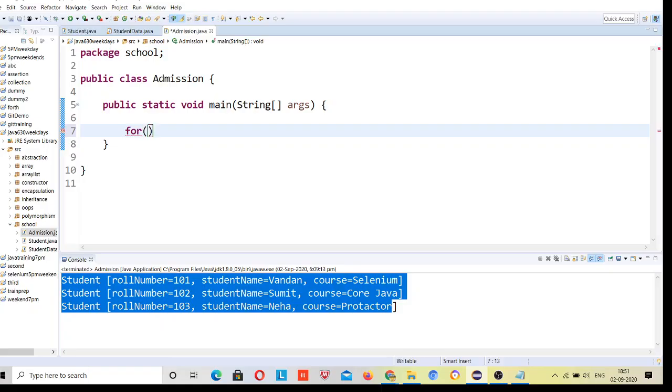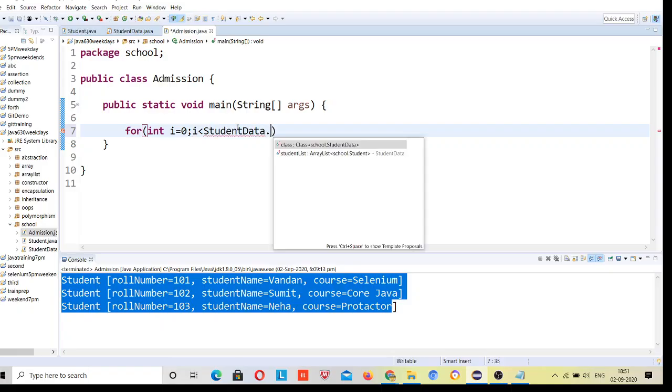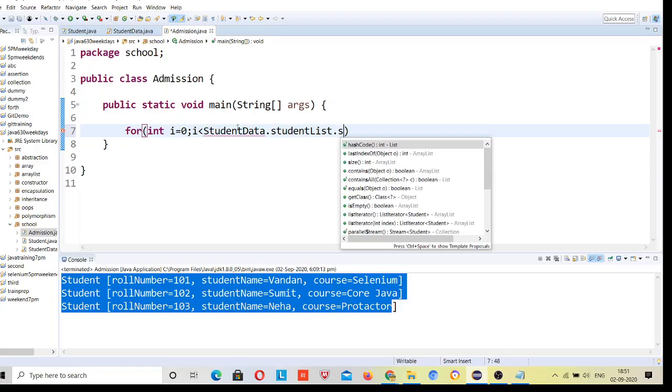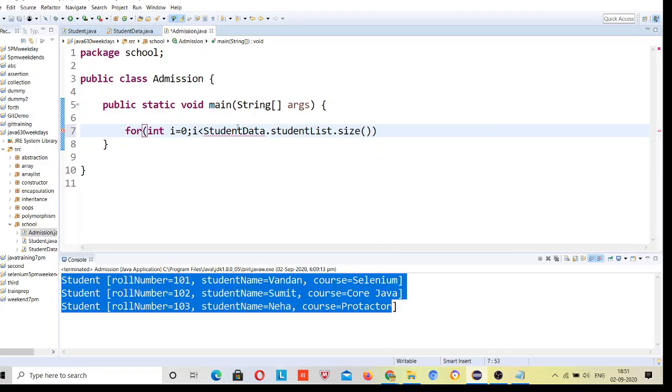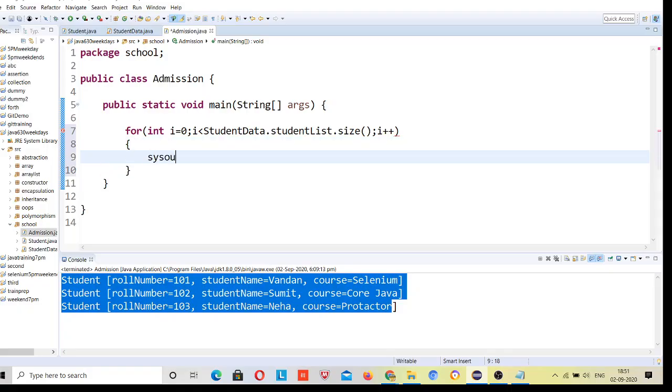For int i is equal to 0, i less than student data dot student list dot size, i plus plus, and here simply print.